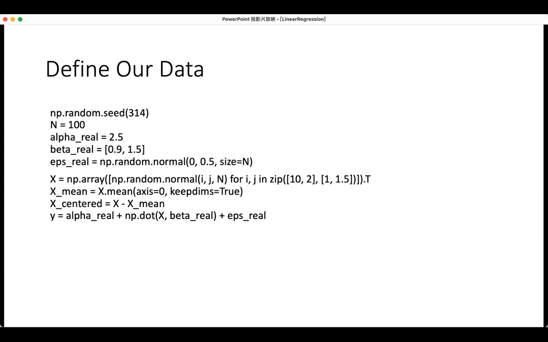So here's the thing. First, we generate our data. We try to create 100 points, with the alpha value to be 2.5, and for beta we have two values because we have x1 and x2. The first coefficient for x1 is 0.9. The second coefficient, beta 2, is 1.5. And then we create some random